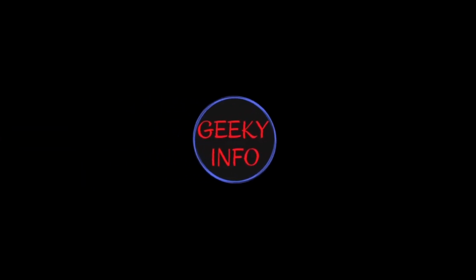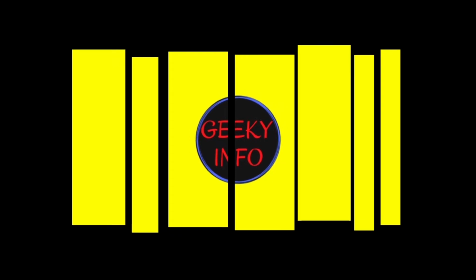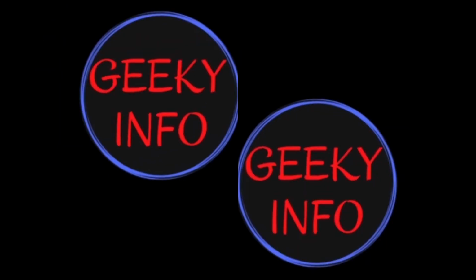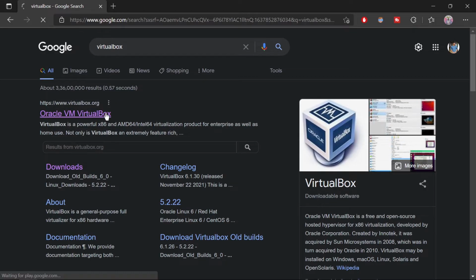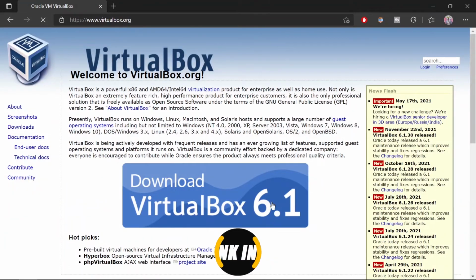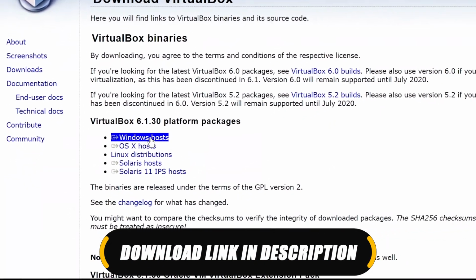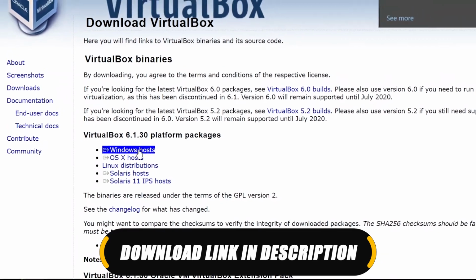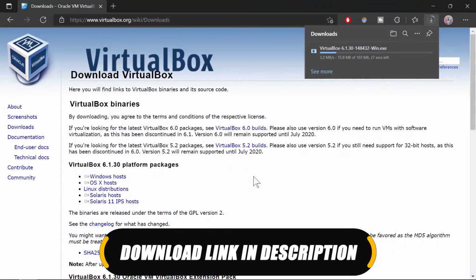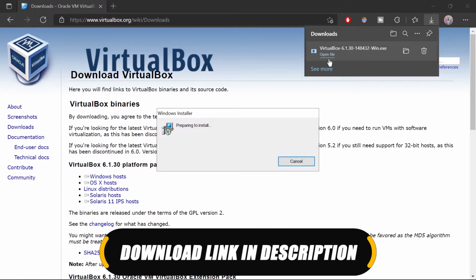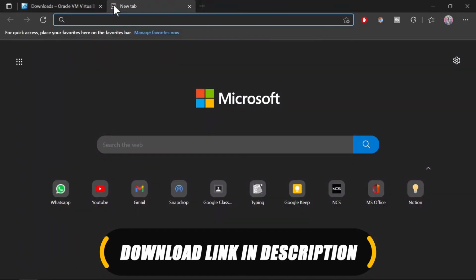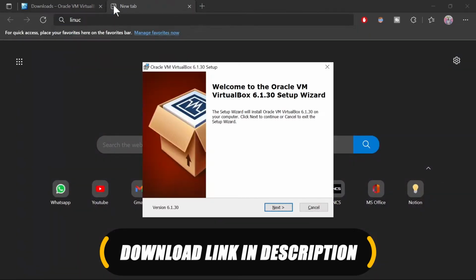So without any further ado, let's get onto the screen and start the process. So the first step is we need to download the software named VirtualBox from Oracle. We have to click on the first link, as we are using a Windows machine, and the software is to be downloaded. So after downloading, install the VirtualBox software onto the machine, and by the time it installs, let us